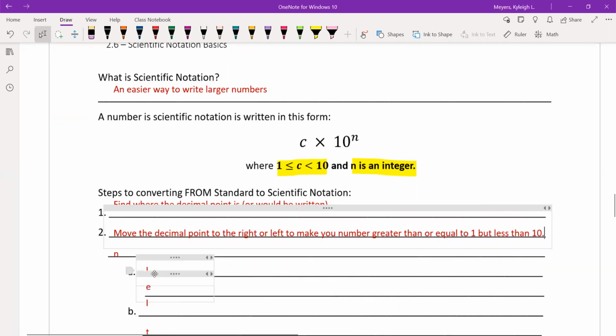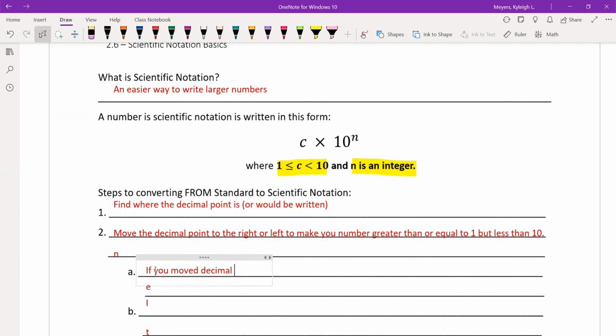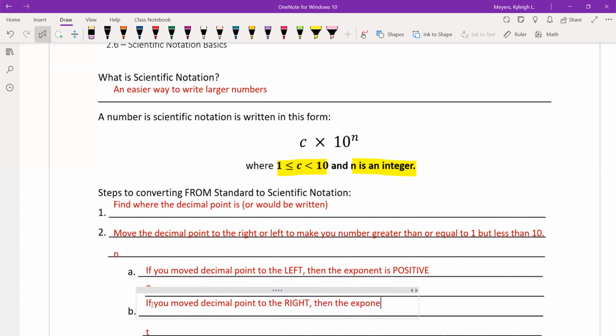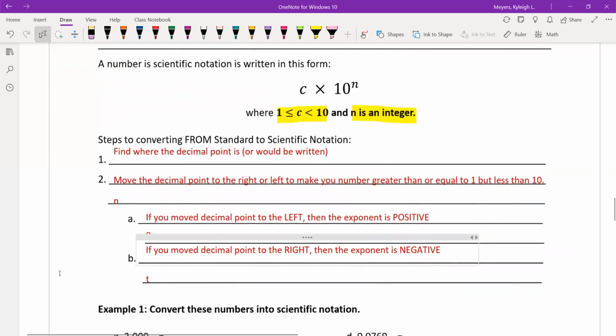So this will make more sense in a couple minutes when we do an example. And then if you moved the decimal point to the left, then the exponent is positive. If you moved the decimal point to the right, then the exponent is negative. Okay, so if you need to pause and get all those notes, that's okay, pause right now, otherwise I'm going